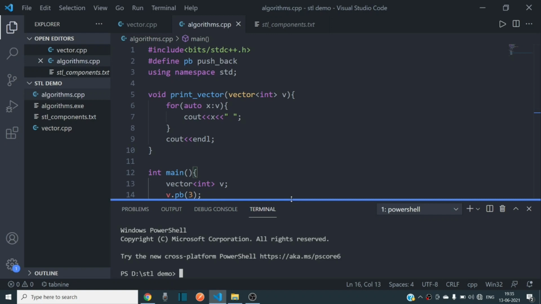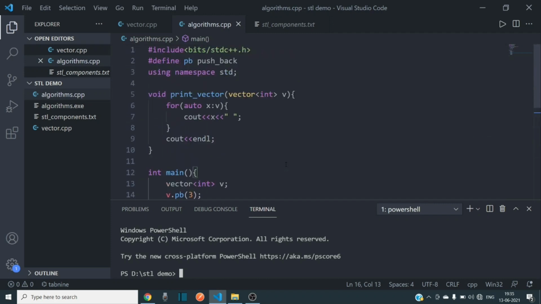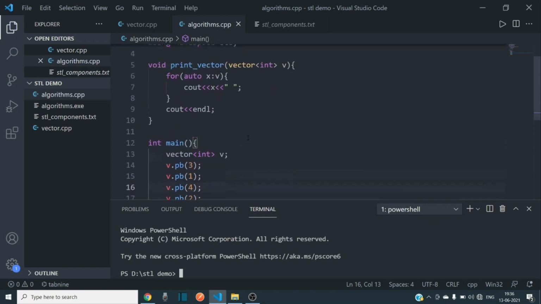Most of the algorithms are applied to integers, so I thought it's better to teach the algorithms after integers. If I teach you the algorithms with integers, it would be the same if you apply them on floats or strings. So I will demonstrate all the algorithms with the help of integers, and you can generalize for other data types also. Okay, so here I have a basic boilerplate.